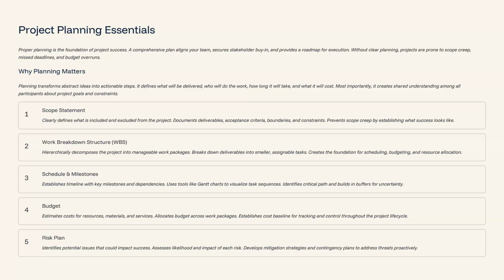Break down deliverables into smaller assignable tasks, create the foundation for scheduling and budgeting, and help with things around resource allocation. So in terms of budget,